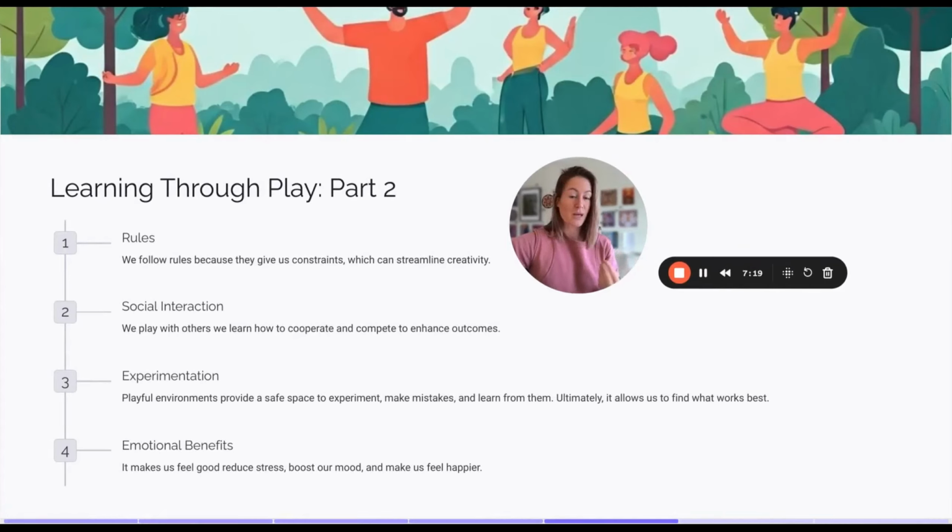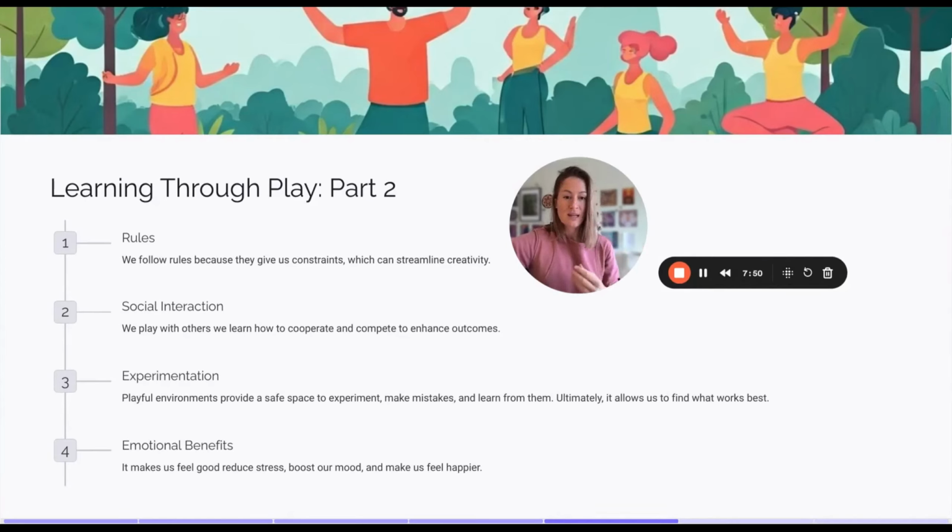Part 2 of play, which is really 5, 6, 7, 8, but rules. Rules are really important because they give us constraints, which help us streamline creativity. And it's kind of like when your teacher gives you a project and they say, do anything you want. You don't know how long the project's supposed to be. You don't know how many slides it's supposed to be, how many minutes a presentation is supposed to be, how deep you're supposed to take people, if there's supposed to be a social, like an engagement process that you need to take people through. The point is, rules are actually really useful, and they allow us to not get stuck on having too many options.